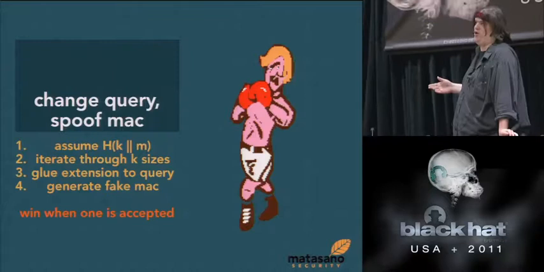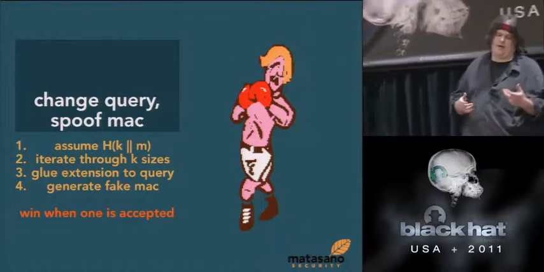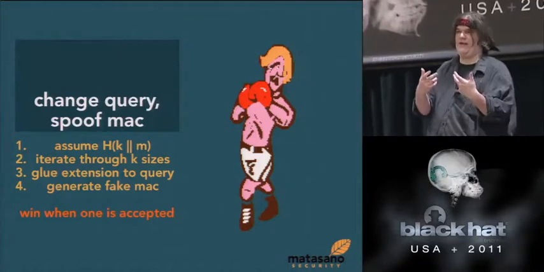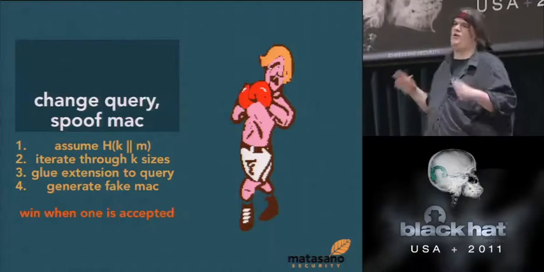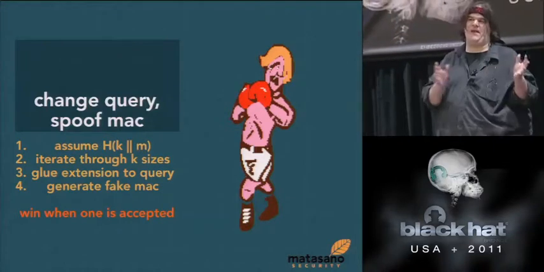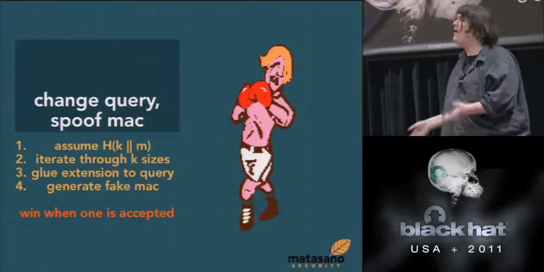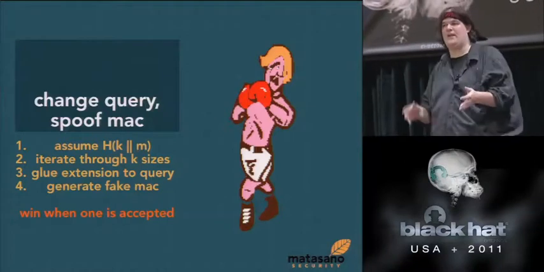It's called HMAC, and what you do is, instead of hashing a secret key and then the data, you hash twice. You hash once with the key, and then you hash once without the key in two different steps, and that blocks the attack. But you'll find code out there